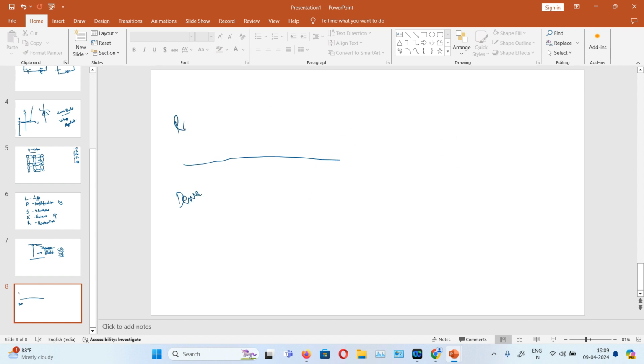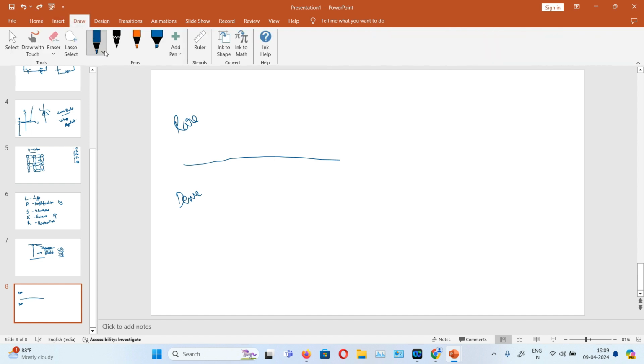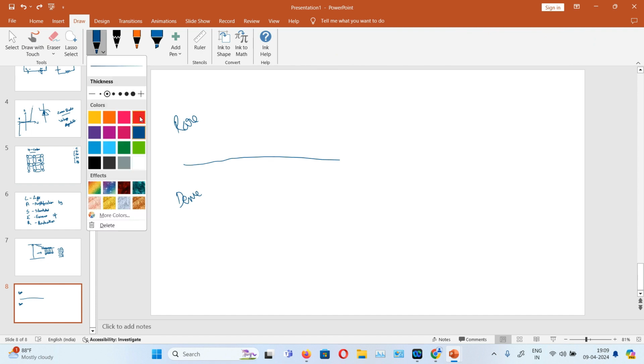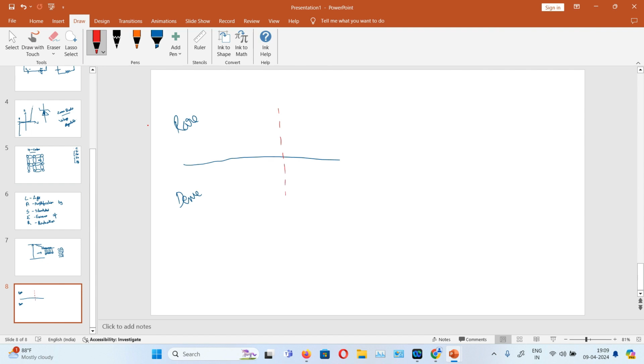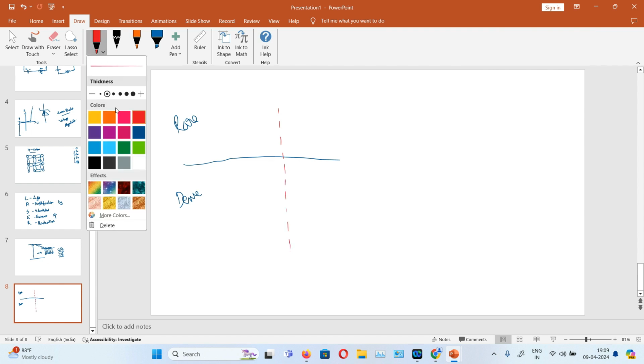When light is traveling from a denser medium to a rarer medium,